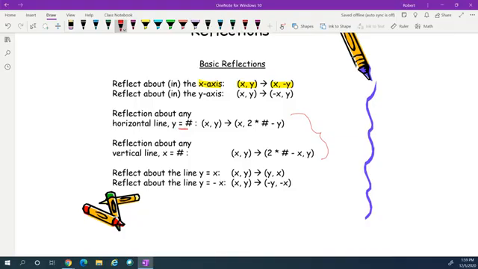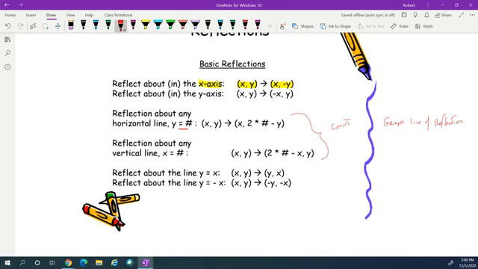But I'm going to tell you, count. If you can graph the line of reflection, then you can count in any of these. For every example here, you can just count, but you have to be able to graph the line of reflection. So remember, y equals is a horizontal line, x equals is a vertical line, and then just count,